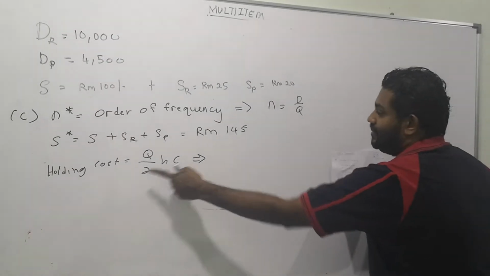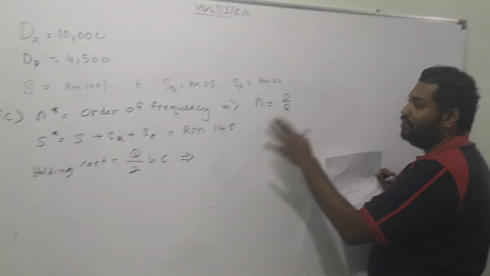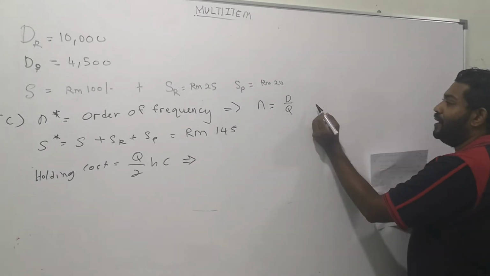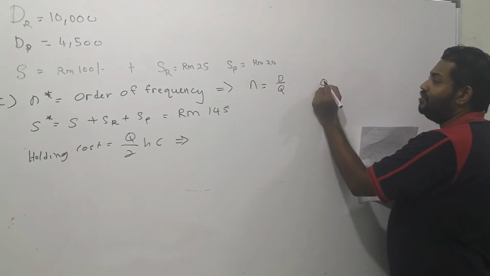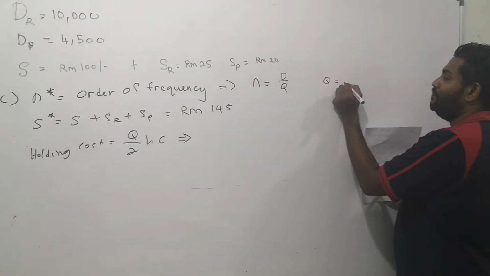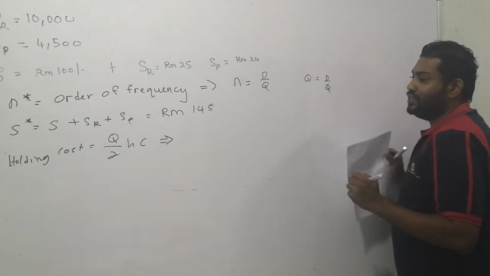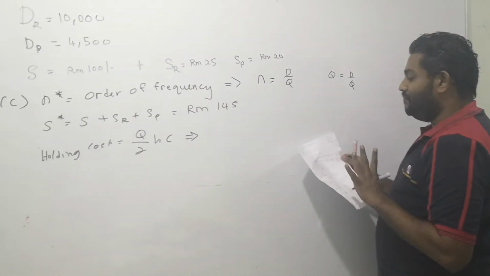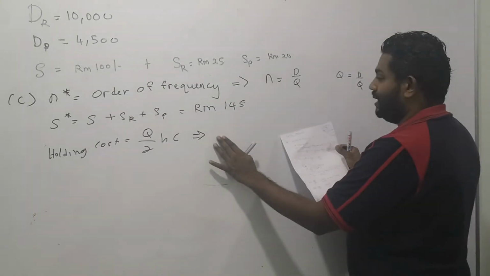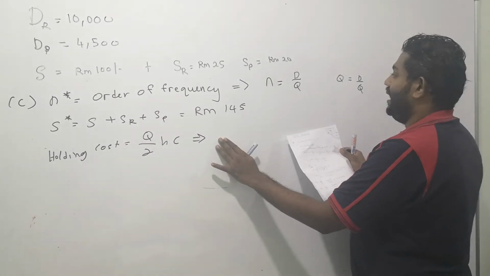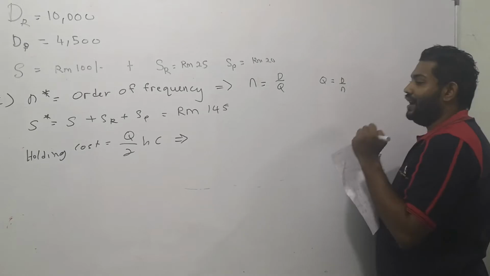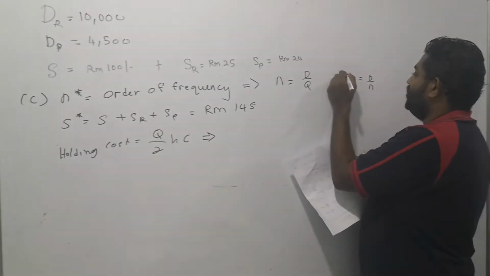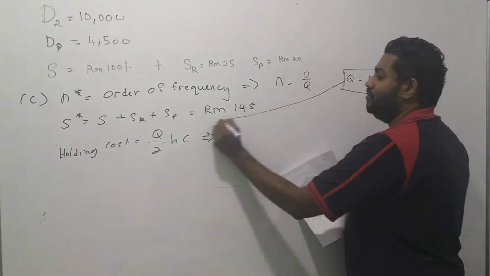So since this is a joint order, we need to make some manipulation of the symbols here, where we take Q as the subject and put D over N, using that same formula